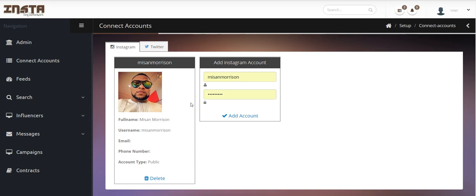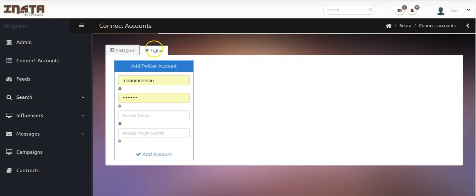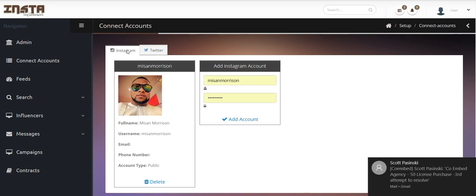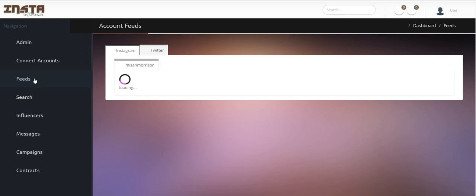So the first thing customers have to do immediately when they come on board is to come in and connect your accounts, and connect your Instagram account and Twitter account as well, because we're going to be allowing them to reach out to influencers not just on Instagram but Twitter. Okay. So first off, we connect that, and they can now come in here under the feeds, which is an extra feature,